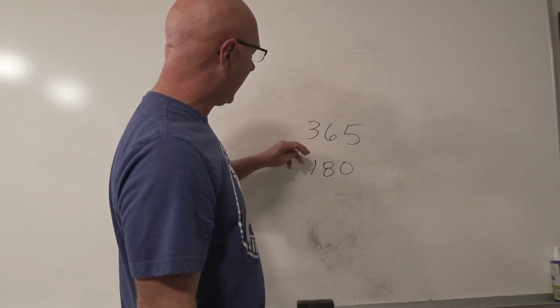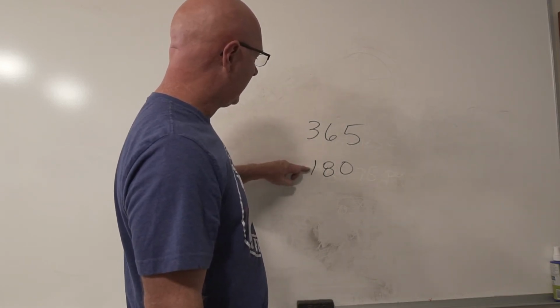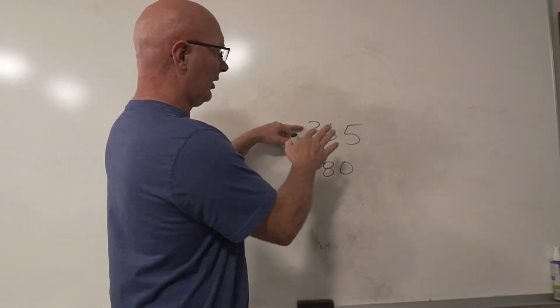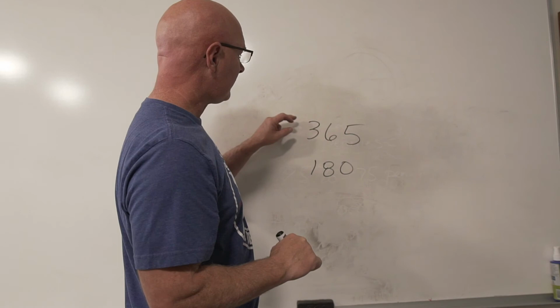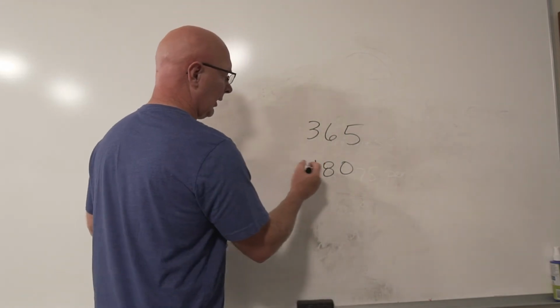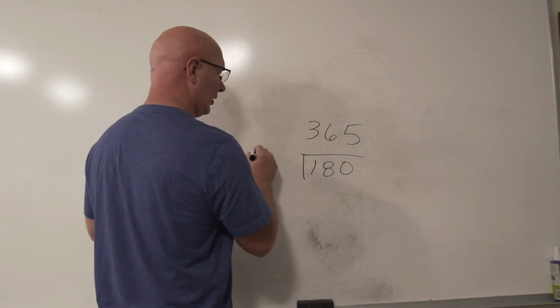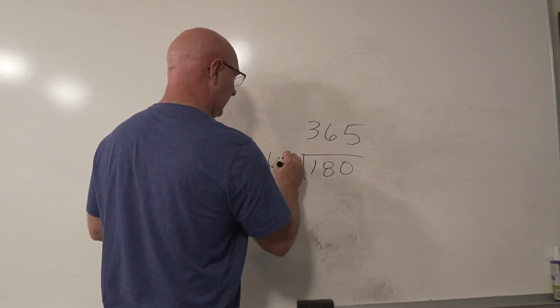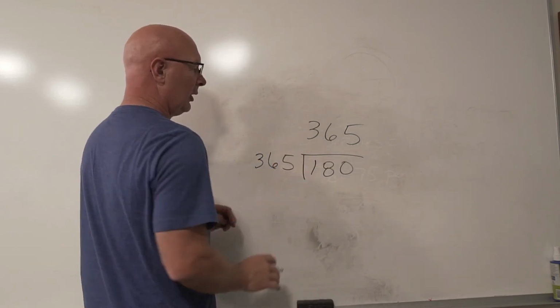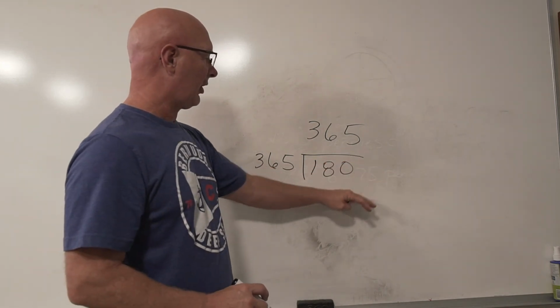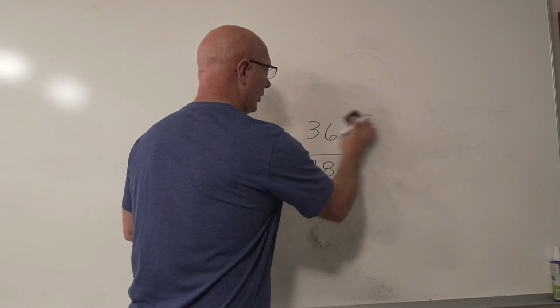Well, I can take 180 and divide it by the total of 1, because 365 is 1 year. So what I would do is take 180 divided by 365. Well, when I go figure all that out, what I'm going to end up with is